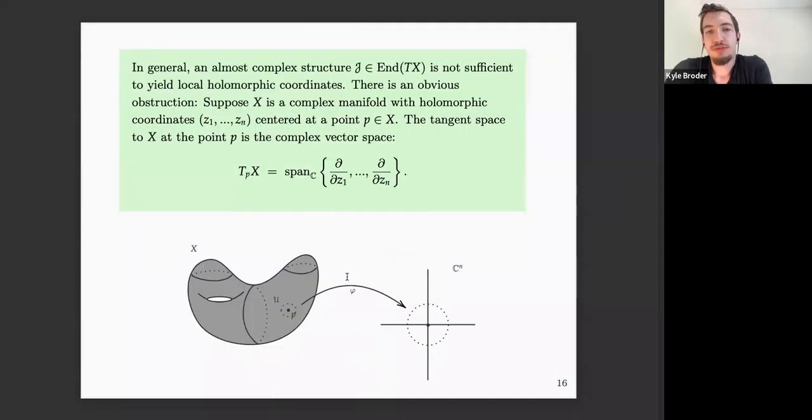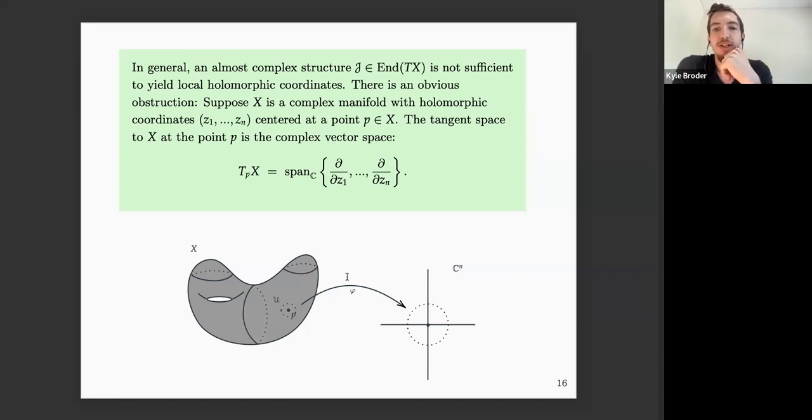Now, in general, the existence of an almost complex structure is not sufficient to yield local holomorphic coordinates. The category of almost complex manifolds and complex manifolds is distinct. There's an obvious obstruction. It's obvious once you've thought about it for a long time, which is that suppose for the moment we have a complex manifold X with local holomorphic coordinates z1 through zn, centered at, say, a point